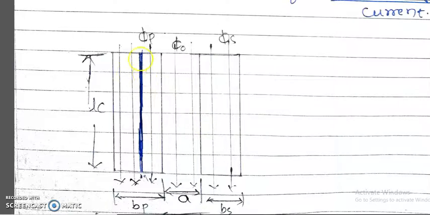So the flux linkage with respect to the strip we have to calculate. The strip has a width of dx, at a distance x from the inner side. The width of the primary is bp, and the width of the strip is dx. So how much is it covering? It is covering x by bp times of the area. So how much mmf does it have? x by bp times of the mmf. How many turns are linking with this strip? x by bp times of the turns are linking with the strip. Like that we have to understand.